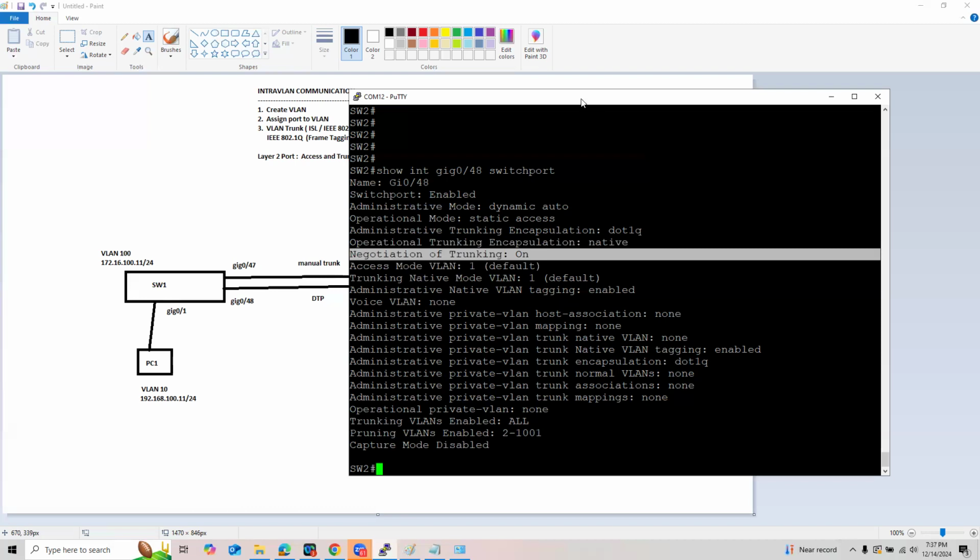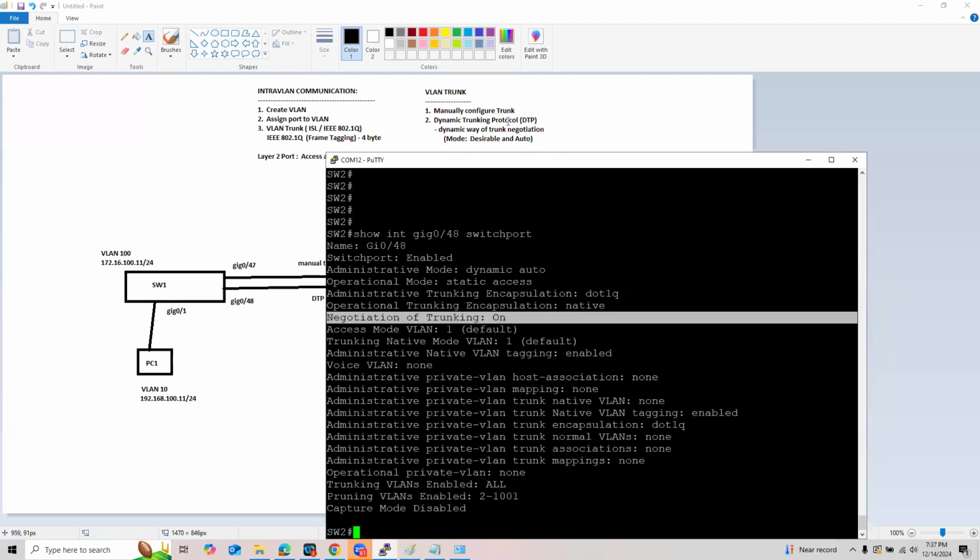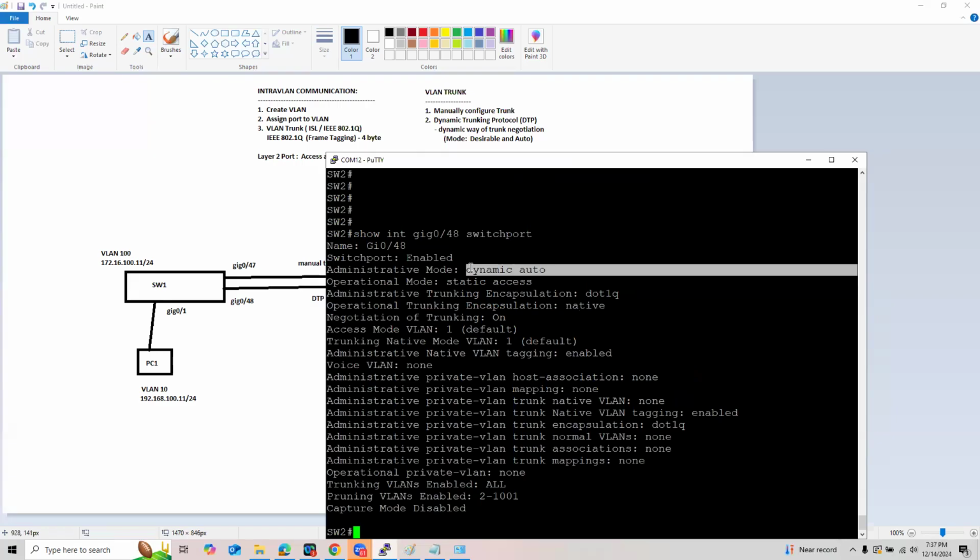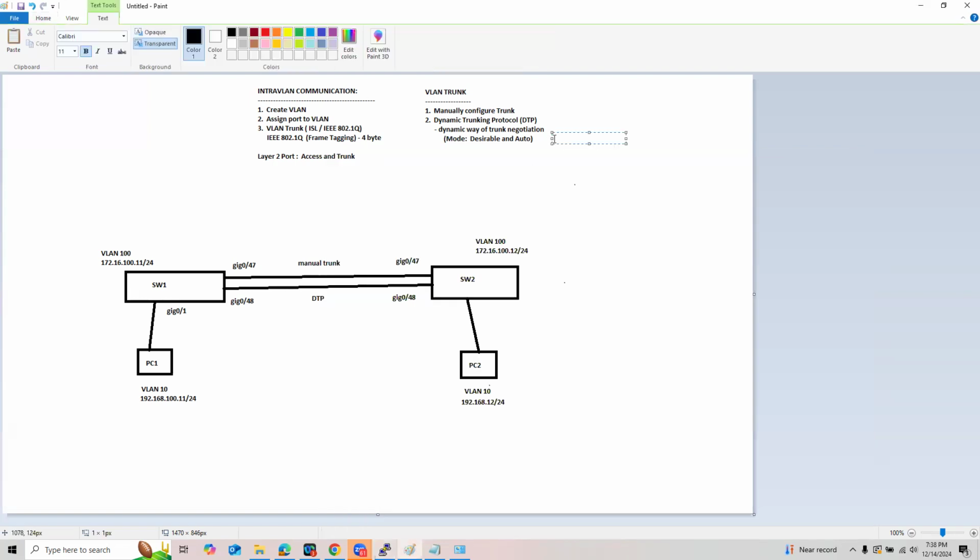And also, I've said that once DTP is enabled, it has two modes. So the port has two modes, either desirable or auto. And the default DTP mode of our port 48 is dynamic auto. I just want to emphasize the difference between desirable and auto. Auto is passive in nature, meaning it just waits for the other side to negotiate with it.